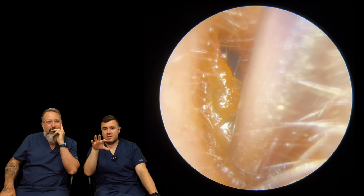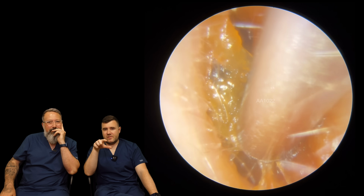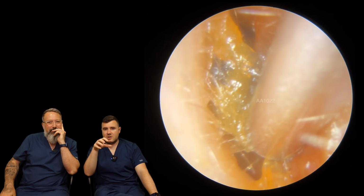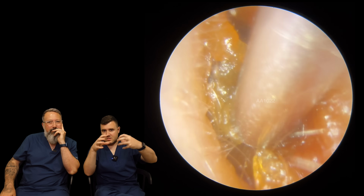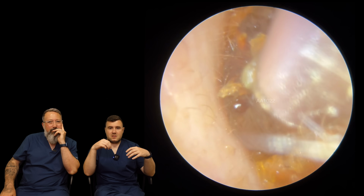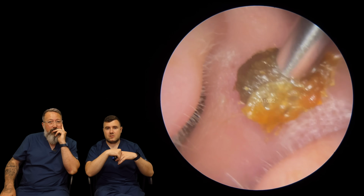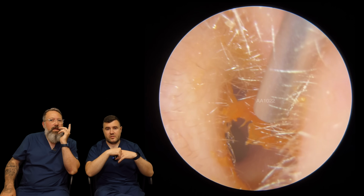This is the one that actually has a little bit of middle ear effusion. You can see we've got a lot of skin again in this one. You can see it's kind of stretchy a little bit. It's quite soft, quite flexible. Got a good grip here now. That's good. Oh, look at that. Decent. Oh, there we go. That's pretty much unblocked the...